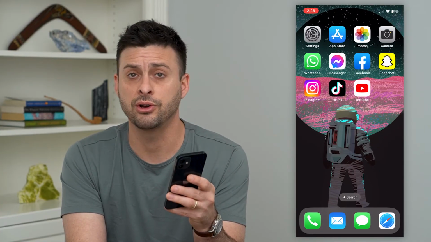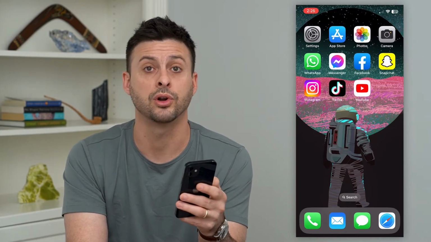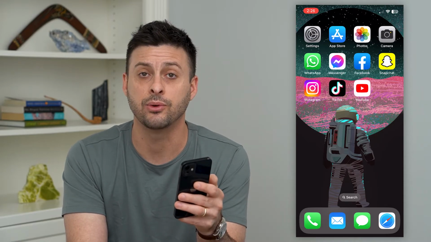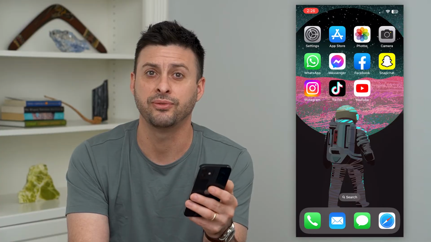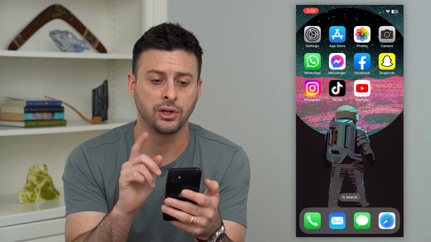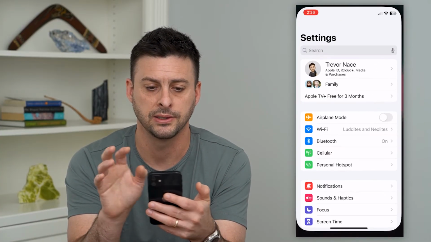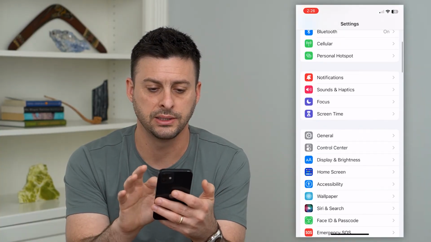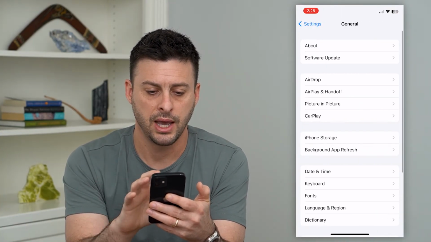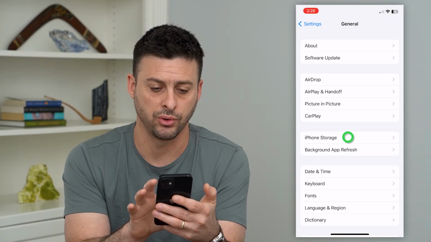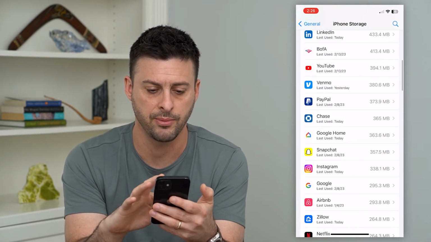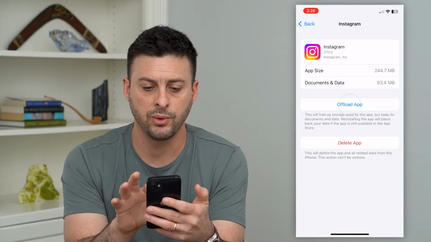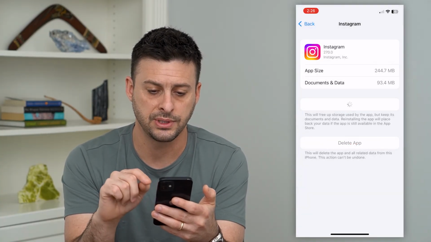Now, if you're still getting it and both of those weren't the issue, the last thing that we can do is offload the app and reinstall it. That a lot of times fixes all kinds of bugs. So to do that, let's hop into settings. We'll scroll down and tap on general, and then we'll tap on iPhone storage. Now, once this loads, we can choose Instagram on this list here, and we will choose offload app, tap offload,